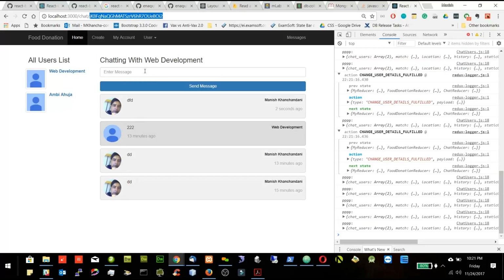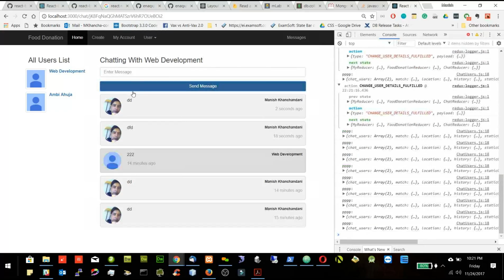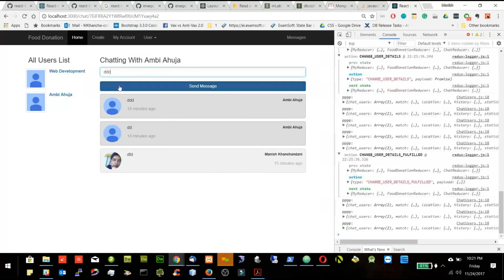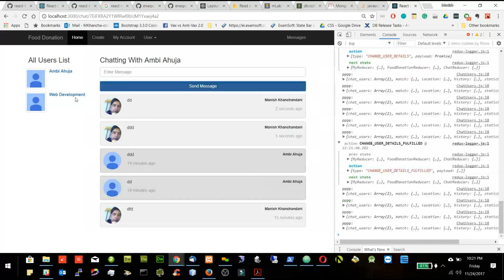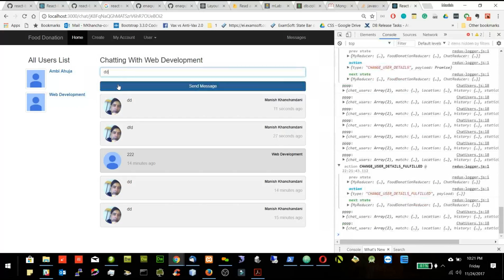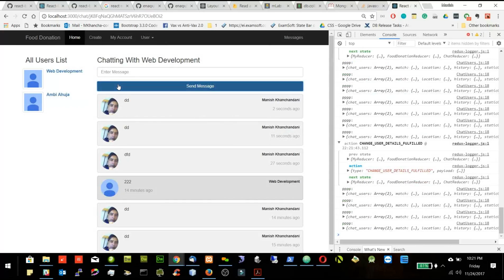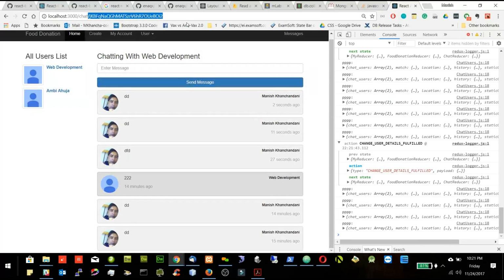So now we are able to chat with this person, and I am able to chat with this person also, and when I change it, I'm able to chat with this person also. So this is how we chat. Now, if I don't have user in the URL,